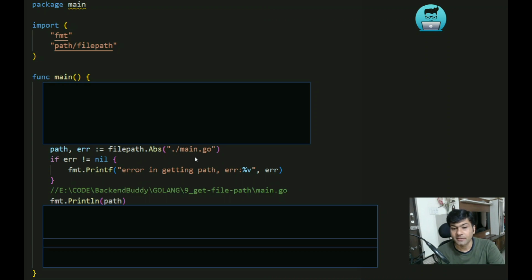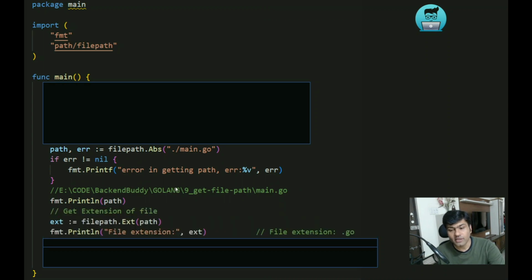Okay, now let's say you want to get only the extension. Let's say here in this full file path, the extension is only .go. Okay, so for getting the extension, you have to pass this path inside filepath.Ext. So if you pass it here, then ext will give you the extension. If you print here, it will give only the .go. Okay, now